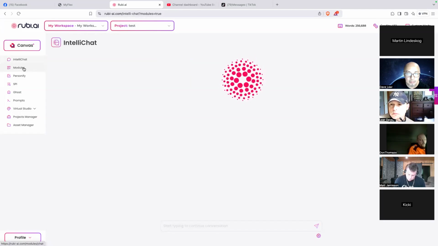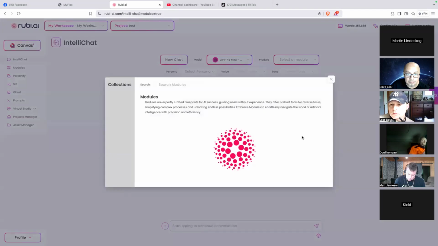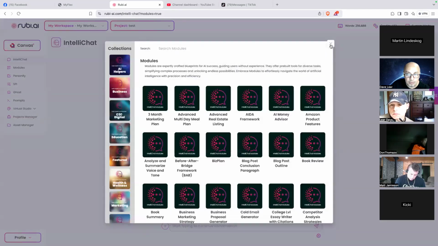Because it's like a list of different keywords when you log in for the very first time. Did you get that also? When you logged in on your account, they say, welcome to Ruby. Are you using it for personal or business? Like two options. And then it was add some keywords before starting. And then you saw a long list of different keywords, like marketing, home-based business, health, consultant. Yeah, I think I had that as well during the first time I logged in.